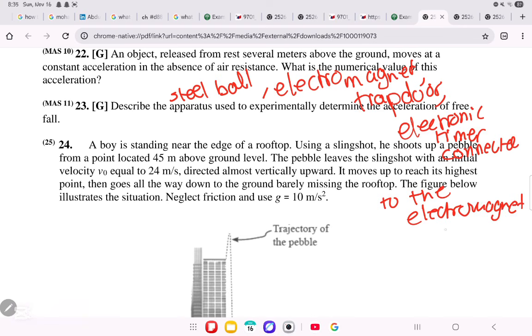Basically, we also need a ruler, and that's it. Basically, in the exam, they will ask you, describe the apparatus used to experimentally determine the acceleration